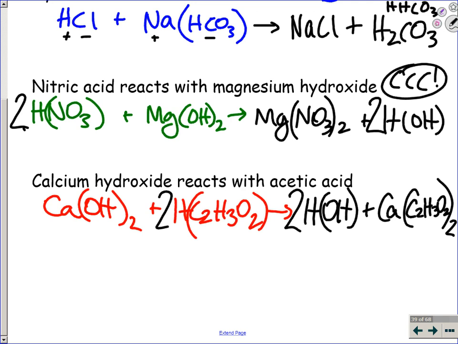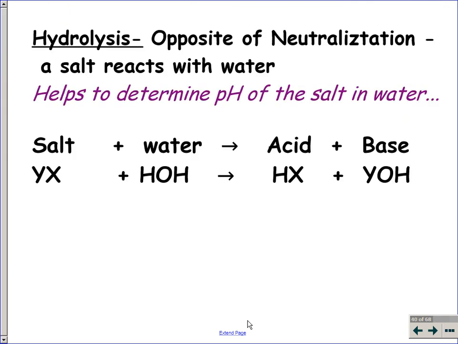Good. All right, so this was called neutralization because, as you can imagine, acids are really acidic, bases are really basic. When you put them together, they should generally be close to what? pH 7, neutral, right? Hence neutralization reaction. Anytime you have an acid and a base reacting, we call it neutralization. Anytime you have the opposite, 100%, 180 degrees opposite, is where we actually have the salt that was previously produced by the acid and base coming together, and we simply take the salt, meaning the ionic compound,